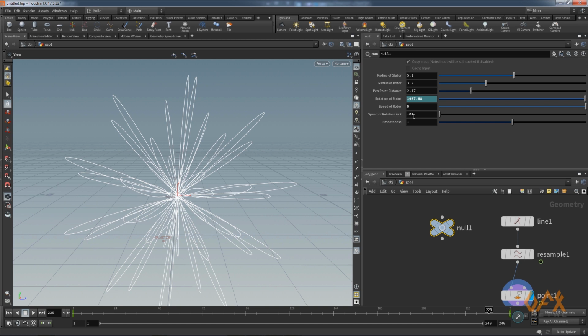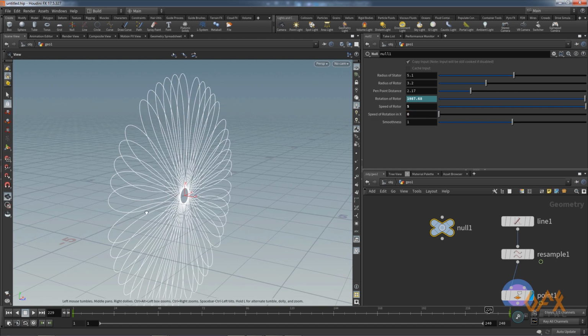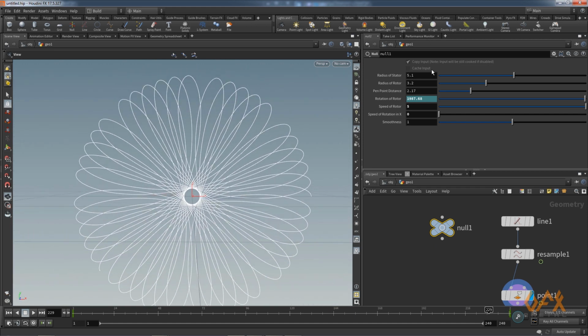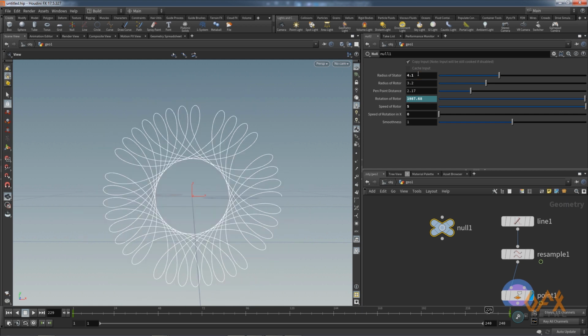Okay, and if you want a 2D spirograph, you just set this speed to 0, and you can get some good 2D spirograph. Even you can change the value of this stator, maybe 4.1.